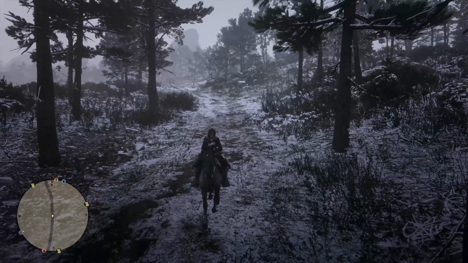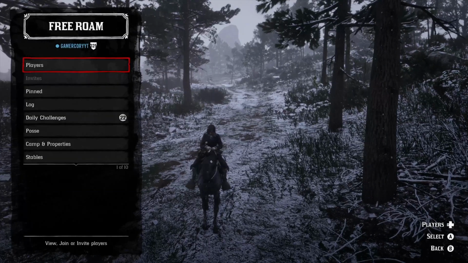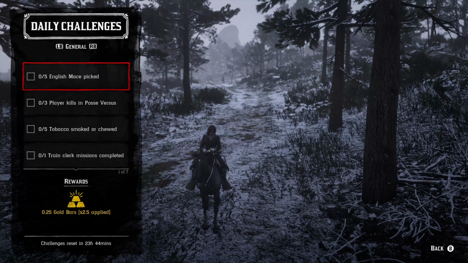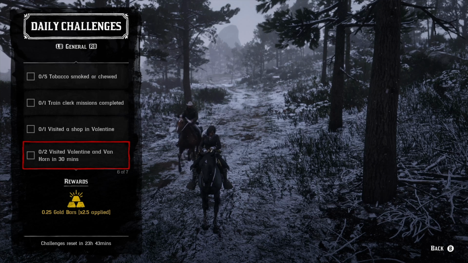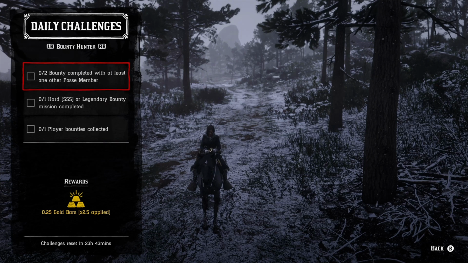All right, so let's go ahead and move on to the daily challenges. We're going to start off with the list mode first, then we're going to break that down in detail for you guys as much as we can. We got 5 English Mace picked, 3 player kills in posse versus, 5 tobacco smoked or chewed, 1 train clerk mission completed, 1 visited a shop in Valentine, and then 2 visited Van Horn and Valentine within 30 minutes, and then 3 vultures plucked. The bounty hunter role, we got 2 bounties completed with at least 1 other posse member,